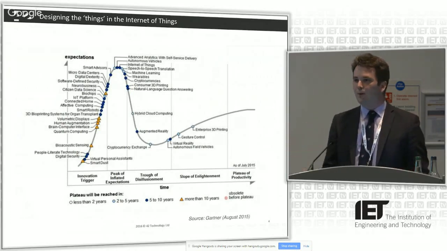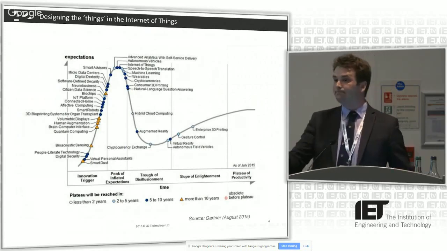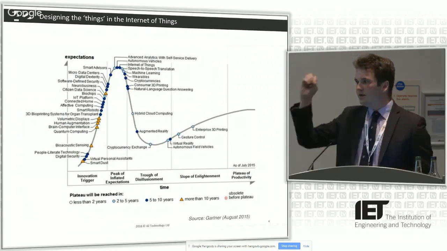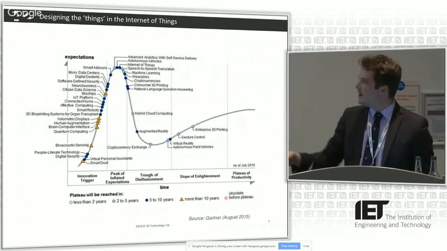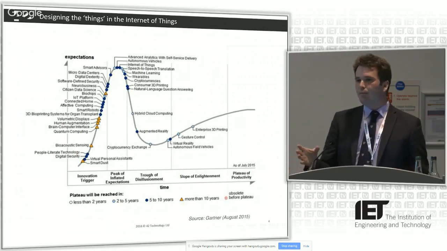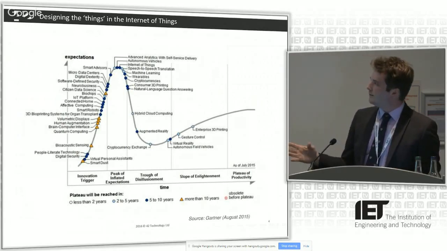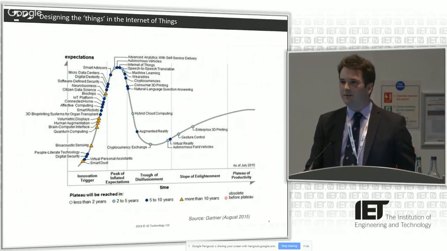And this is the time where everyone goes, wow, we could do this, we could do that, we could do the other. So with 3D printing, people looked at that and said, we can 3D print sandwiches, we can 3D print body organs and cars, and I need a cup, so I can 3D print a cup. And you can do. But what we've since found with 3D printing, we entered the trough of disillusionment. We realized that actually some of this stuff's quite hard.